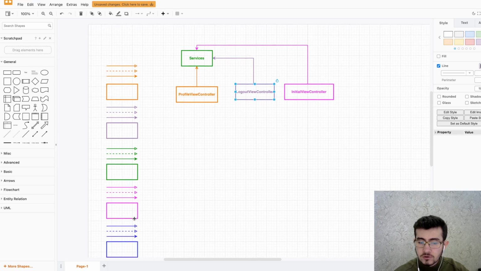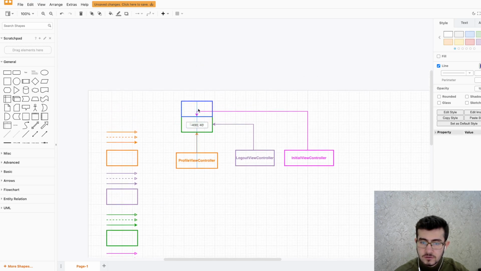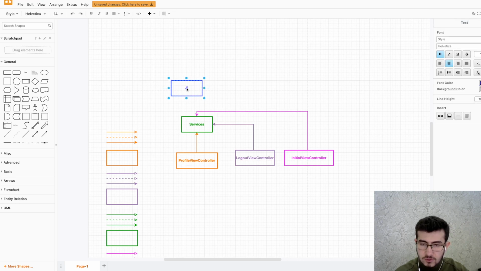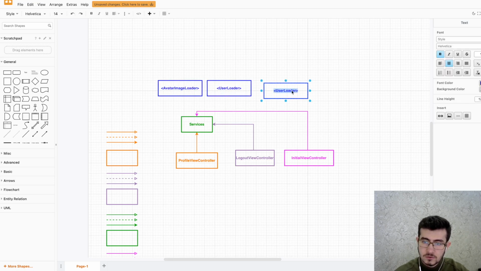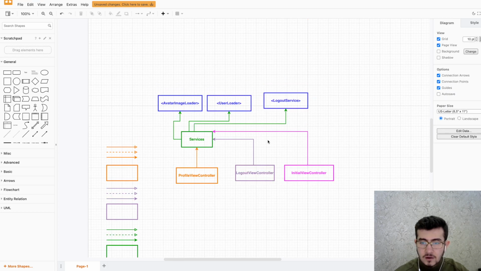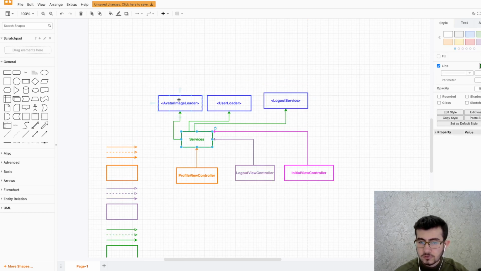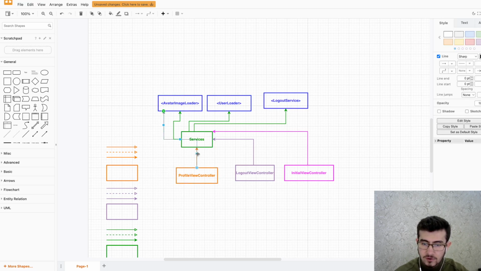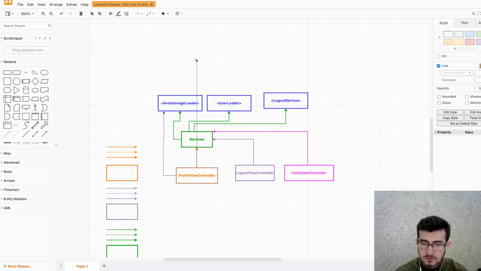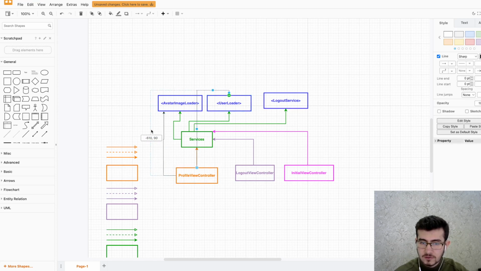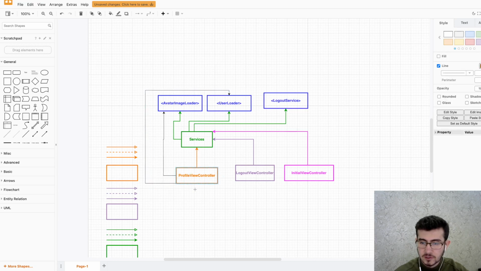But as you have already seen, services holds a reference to the avatar loader, image loader, right? It also holds a reference to the user loader, and also holds the reference to the logout service. But it's not actually true that only services holds a reference to the avatar image loader. Actually, every component now references these types. So as you can see, the architecture is getting more and more spaghetti,